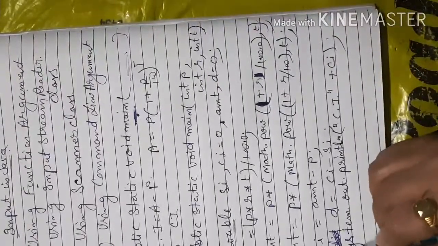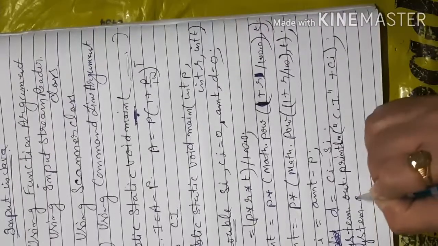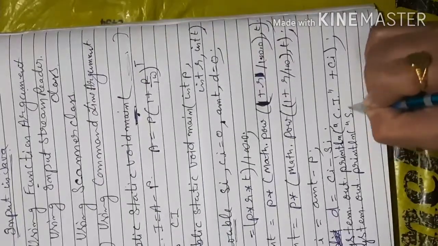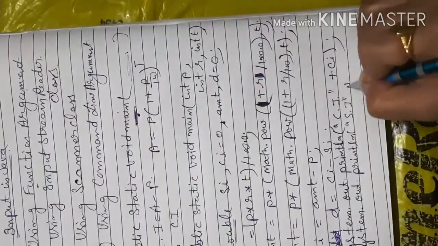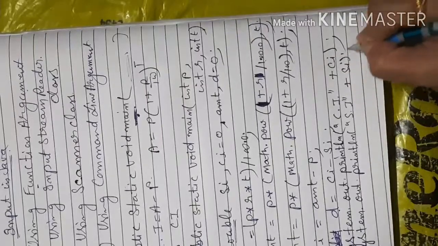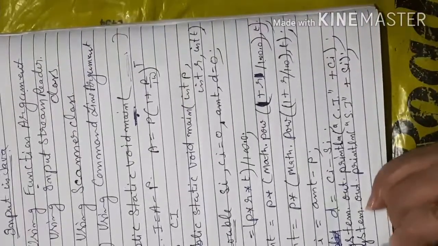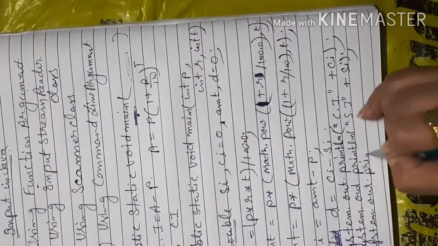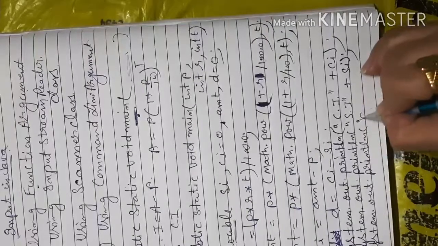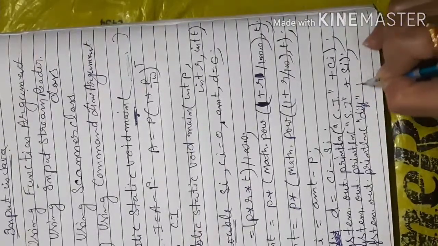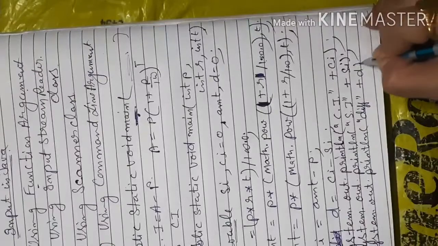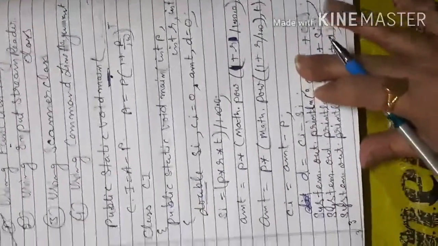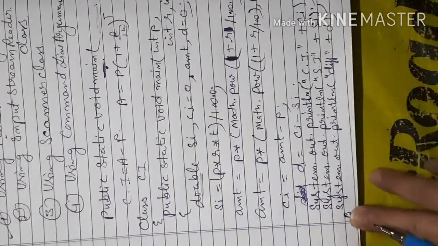Similarly, System.out.println, that is simple interest, then plus si. Now you have to print the difference, System.out.println. The difference, so I am writing in short form, that is d. And here your main method is closed, and your class is closed.